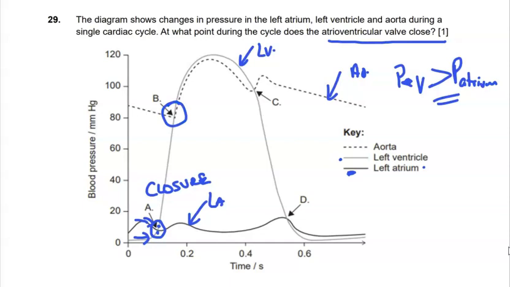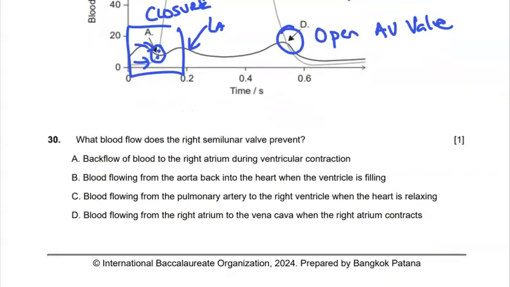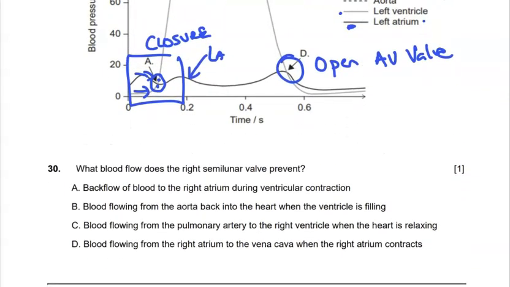B is relating to the semilunar valve. C also is a semilunar valve occasion, and D is actually where we have the opening of the atrioventricular valve. So we have to retain A as our best fitting choice, 29A. And the last question,